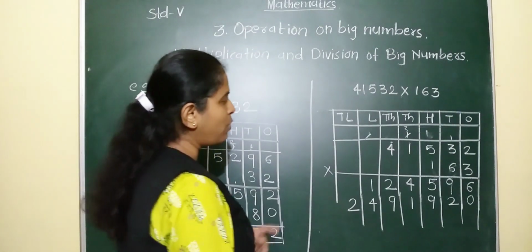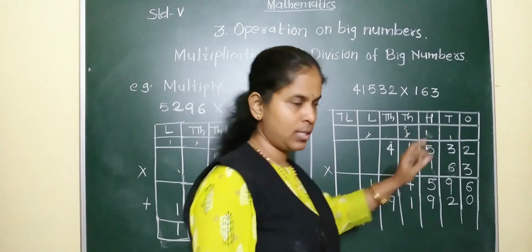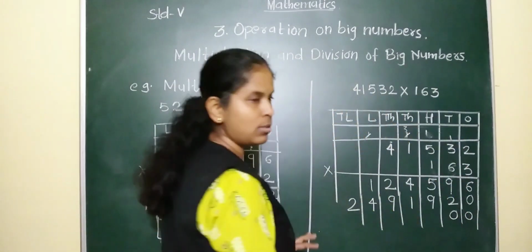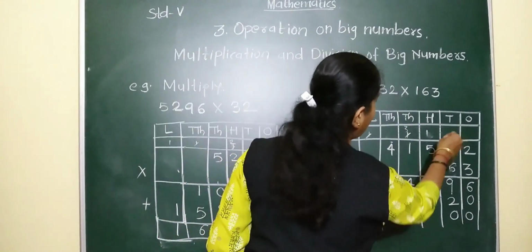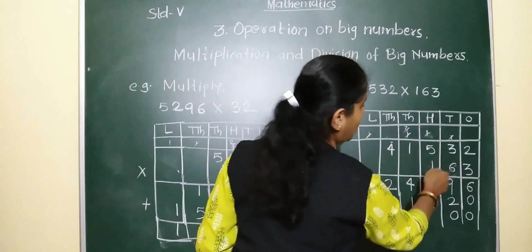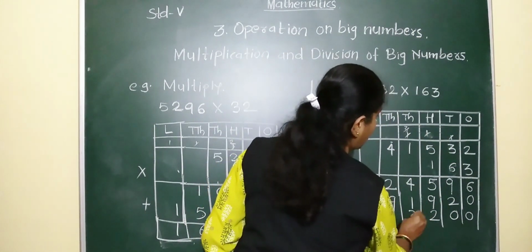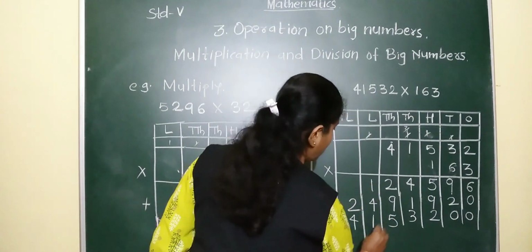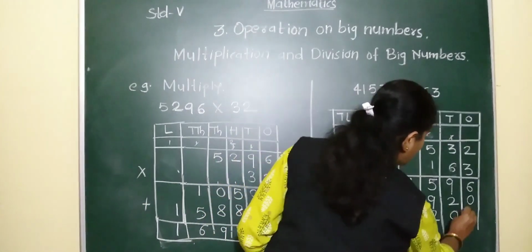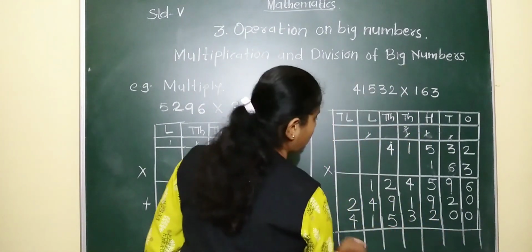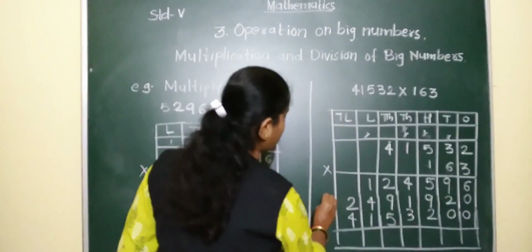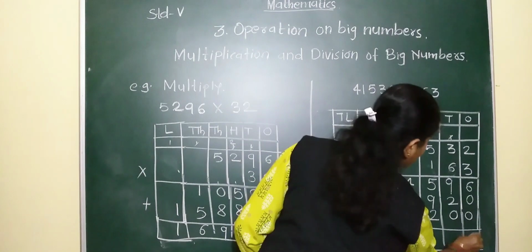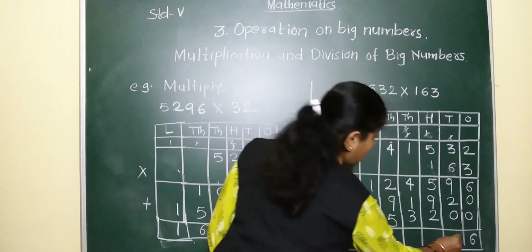Okay. Now we will multiply with the hundreds place digit. So in the ones and tens places, 0 we'll have to write. Now multiply with this 1. 1 2s are 2, 1 3s are 3, 1 5s are 5, 1 1s are 1 and 1 4s are 4. Okay. Now multiplying with all 3 digits is over. So what we will do? We will add. We have to add. Now see, 6 plus 0 plus 0, 6. 9 plus 2, 11.